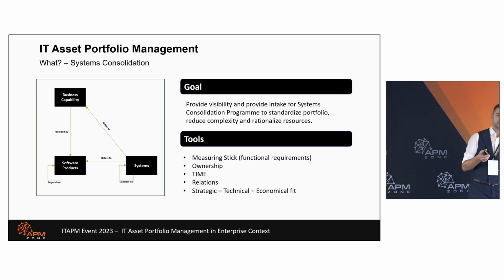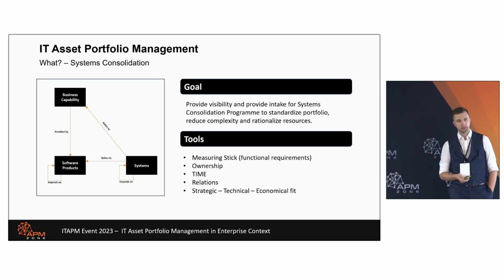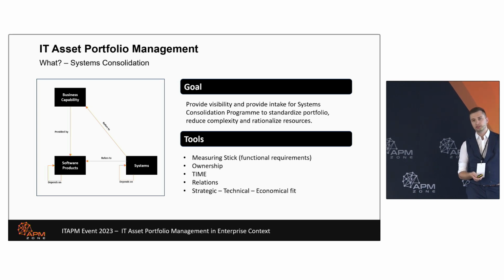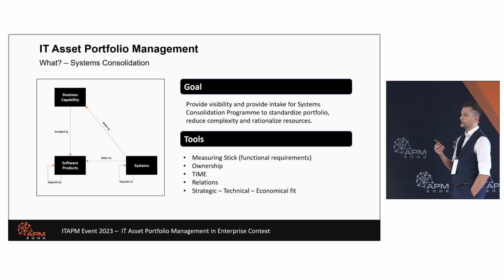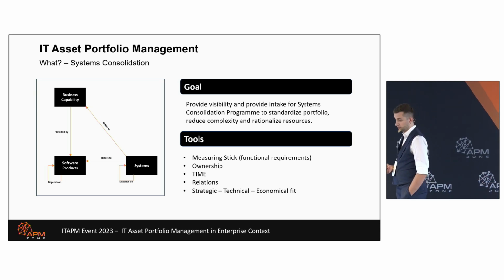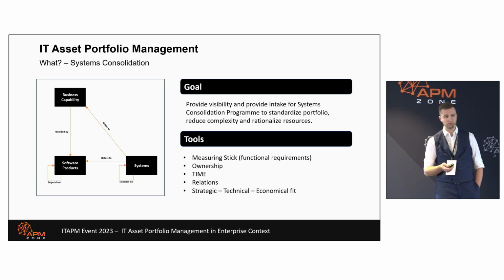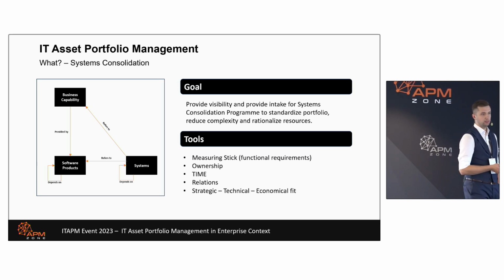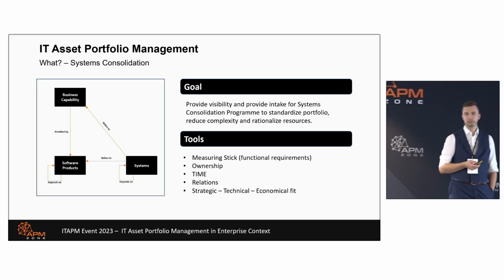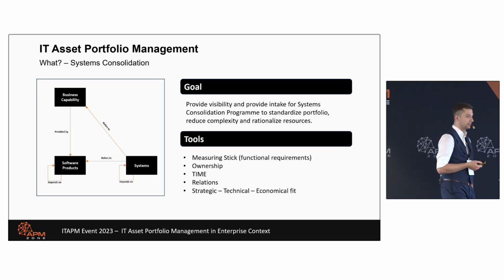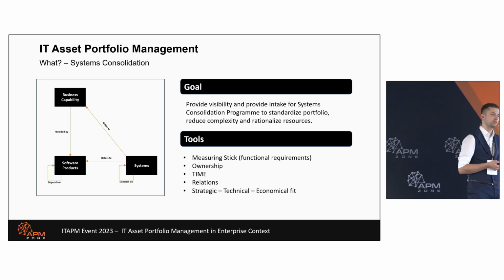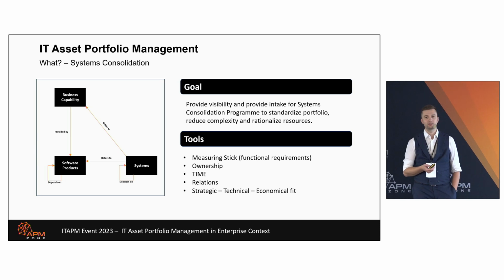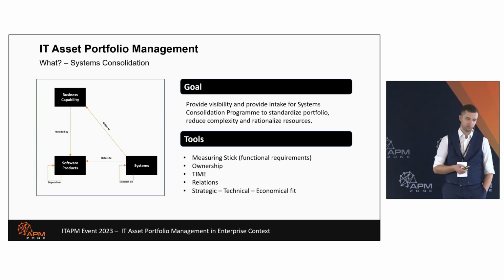Because if you have a portfolio of 2,000, 3,000, 4,000, 5,000 systems, it's very natural for any human to say, well, we have too many. But the question is, if you actually have too many of those systems, too many of these products, because maybe you have so big and fragmented a business that it makes sense. Because if you go into the local regulations, very often there are tons and tons of local systems developed by government agencies, and you have nothing to say about it if you want to do the business there.